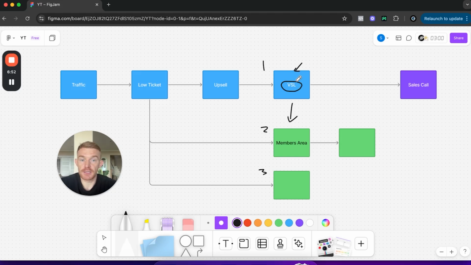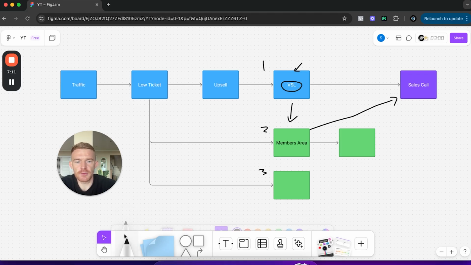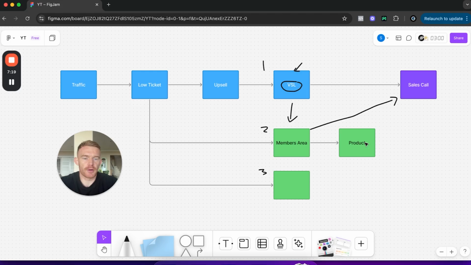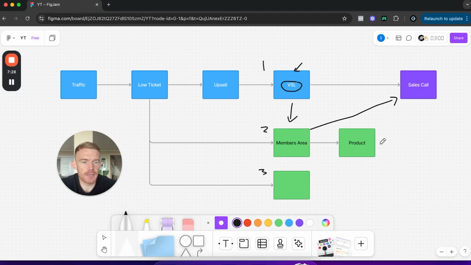And then again, if it's an onboarding frame, you would say, hey, before you start going through the content, make sure you book your onboarding call, there's a coach on there, you can ask any questions, etc. So again, inside the membership area, we will then push people to book the sales call. And you can also integrate this a little bit in your low ticket product. In the membership area, you're going to have your product, and inside the product itself, if it is a course, at the end of the course, you can also drive people to the membership area, so one of the final lessons is to push people to the sales call.